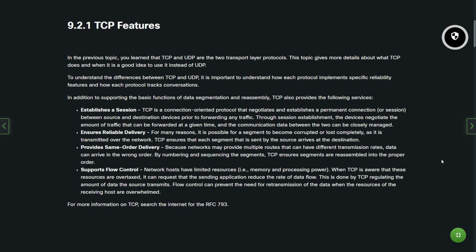Through session establishment, the devices negotiate the amount of traffic that can be forwarded at a given time, and the communication data between the two can be closely managed. Ensure reliable delivery. For many reasons, it's possible for a segment to become corrupted or lost completely as it's transmitted over the network. TCP ensures that each segment that is sent by the source arrives at the